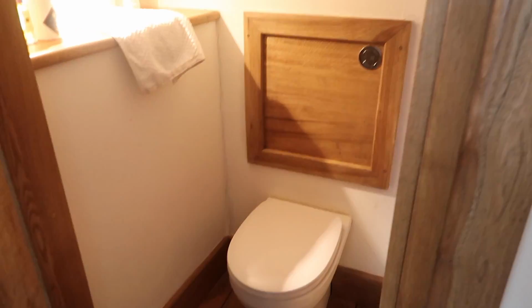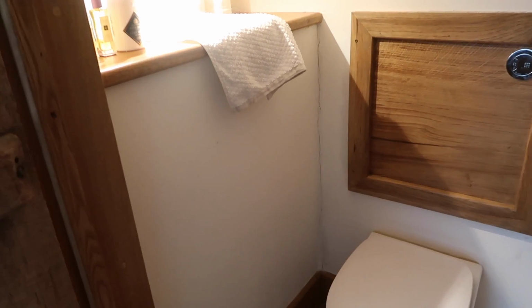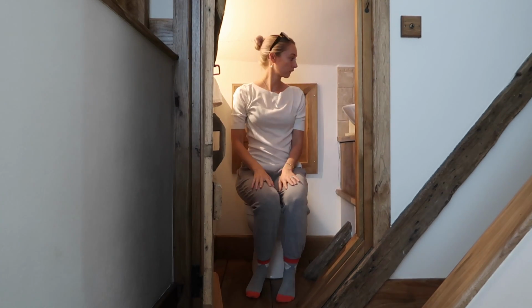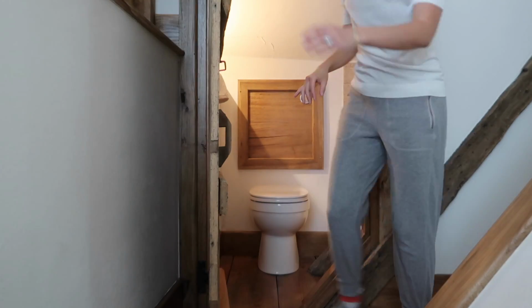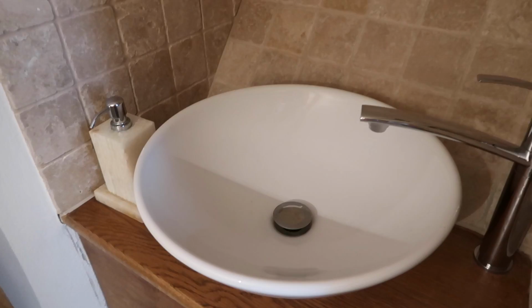It is the most adorable, tiny, absolutely minuscule little toilet. Like, how sweet is this? I have a feeling that when sat on this loo, there may not be room for a loo roll holder. In fact, we need to check. Unless it was that. In this tiny bathroom, there would actually be room for a little mirror on this wall here, but I just feel like it's a little bit unnecessary. What do you guys think? Should I get the world's smallest mirror? I mean, I think that'd be pretty easy to put one in,